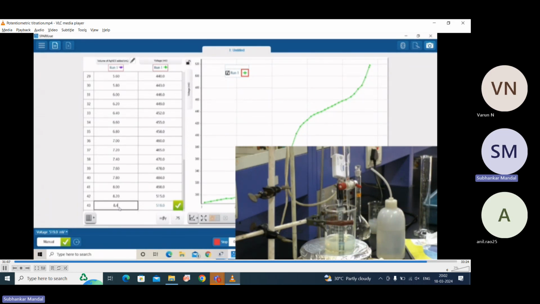So from here, what you can get is the information